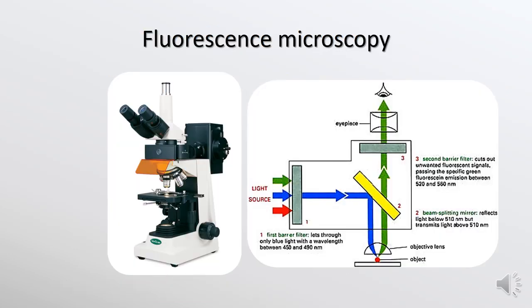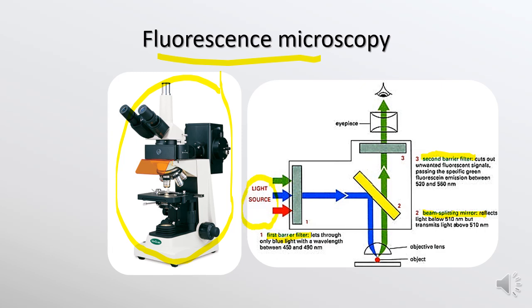Okay, this is how a fluorescent microscope looks. It looks quite similar to the Brightfield microscope, but additionally you have a first barrier filter, a beam splitting mirror, and then a second barrier filter. So when you turn on the microscope, the light source comes out, and then goes through the first barrier